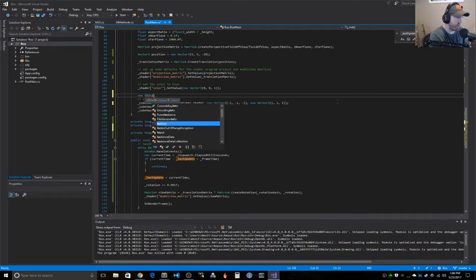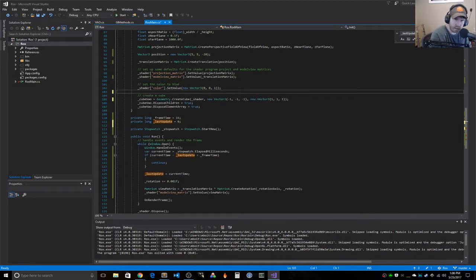Oh, that's a vertex buffer object. So yeah, what I would actually have to do is figure out a way how to